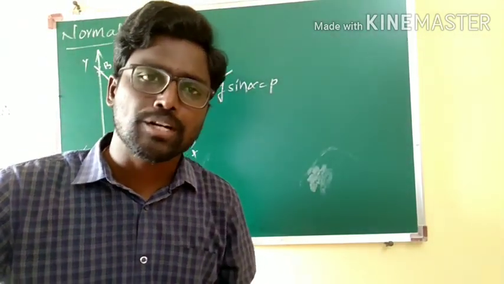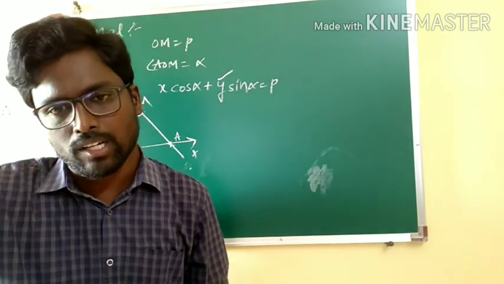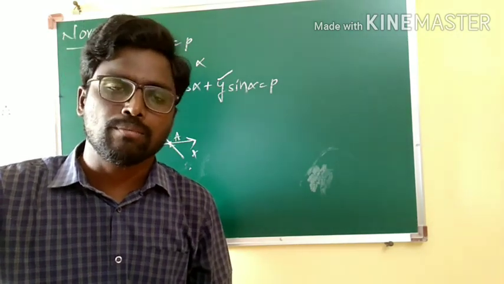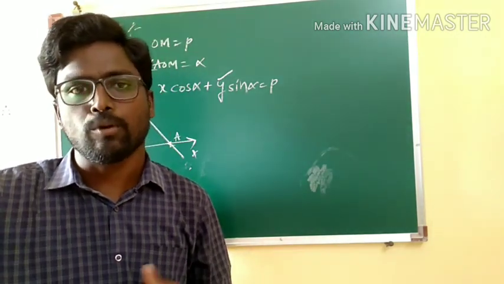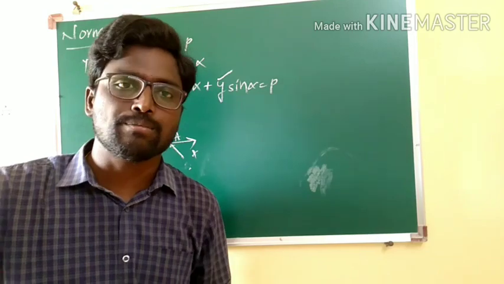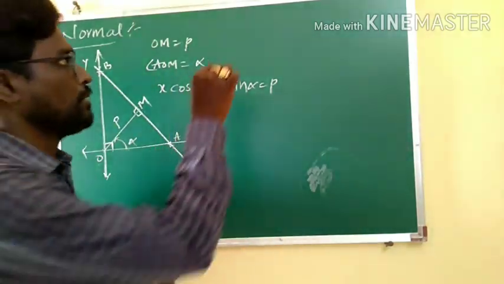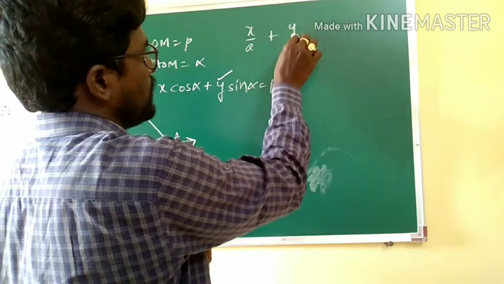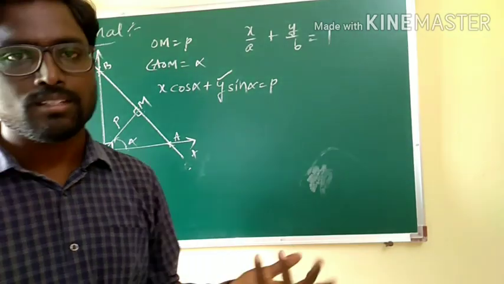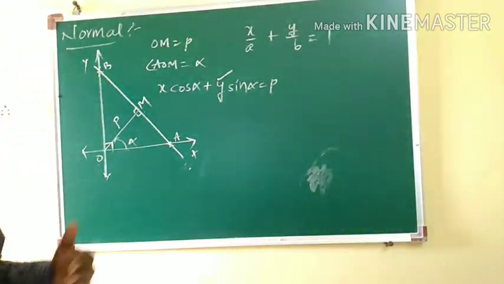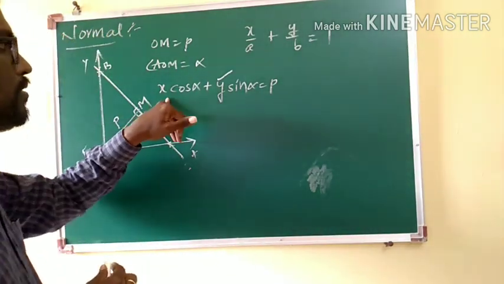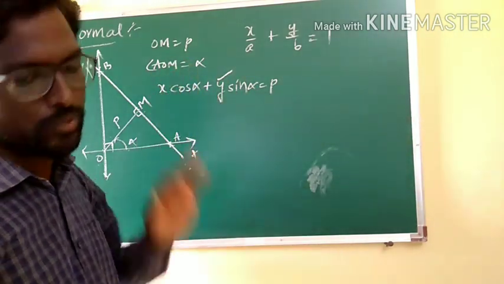And then we discussed the 2-point form of the straight line. That is y minus y1 is equal to m into x minus x1, where m is given by y2 minus y1 by x2 minus x1, the slope formula when 2 points are given. Likewise, we also discussed another form, that is the intercept form of the straight line, x by a plus y by b is equal to 1. After completion of all these different formats, we are introducing a new form of the line, that is normal form, which is written as x cos alpha plus y sin alpha equal to P.